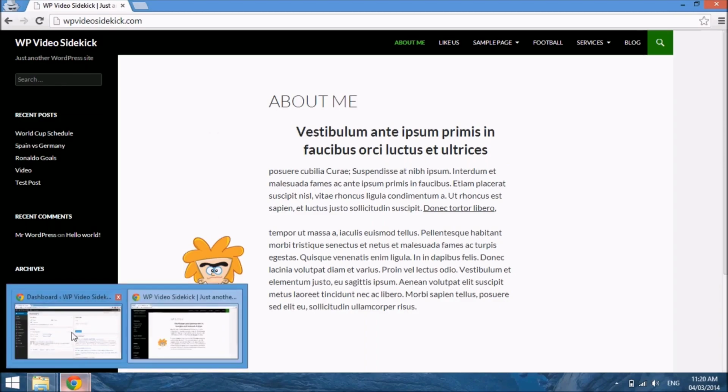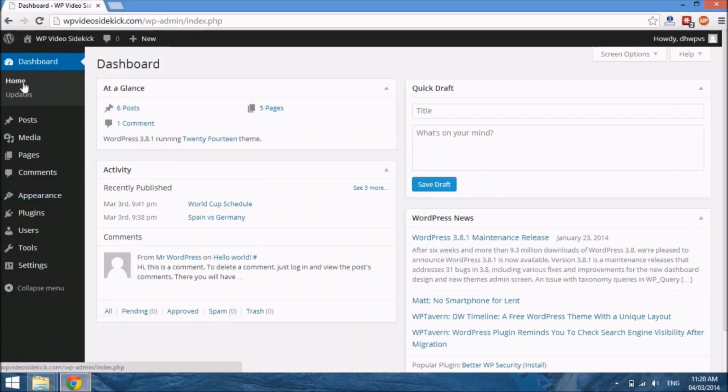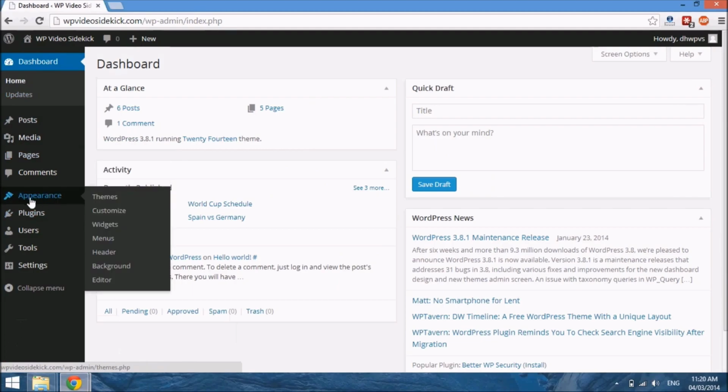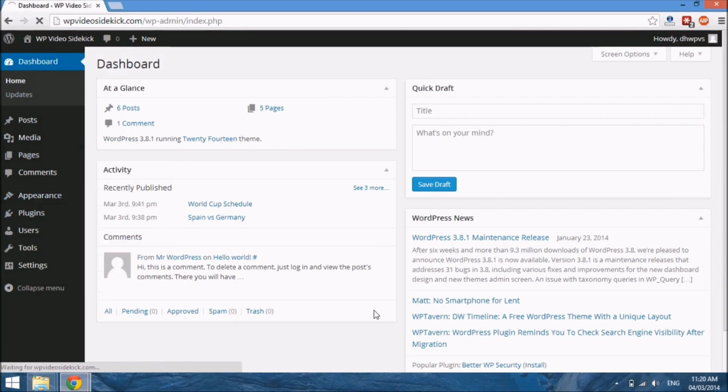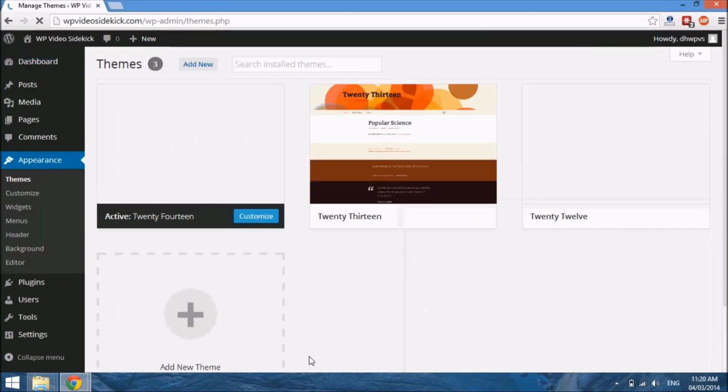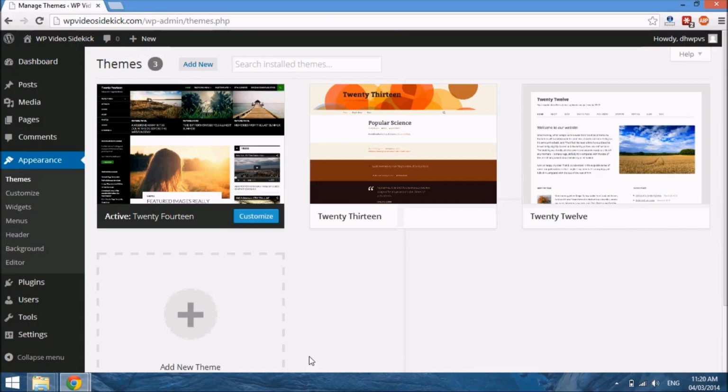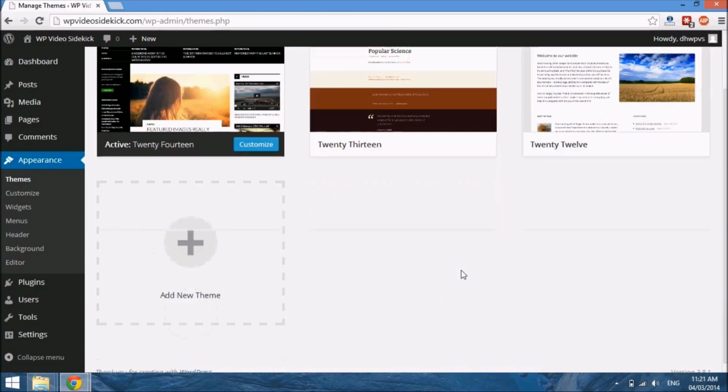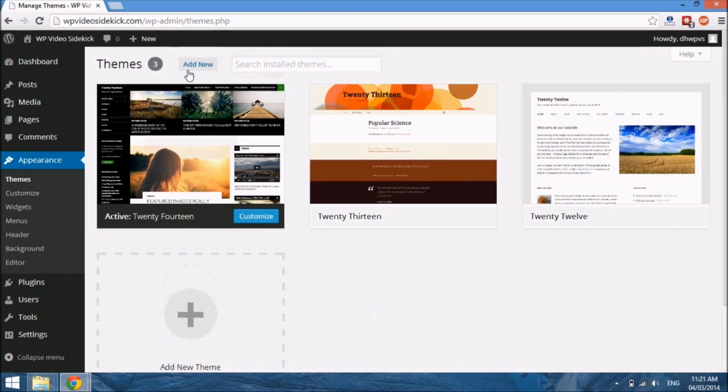So if we go back to our dashboard, to change it, we go to Appearance and Themes, and there are a couple of ways that we can change our theme. Now, we select Add New,